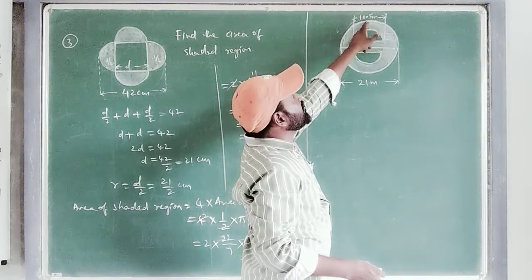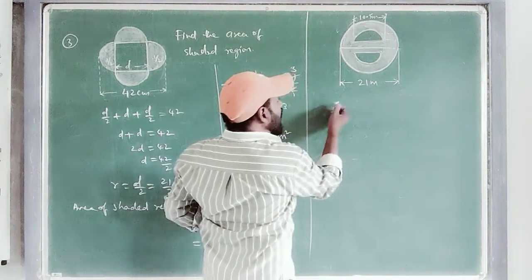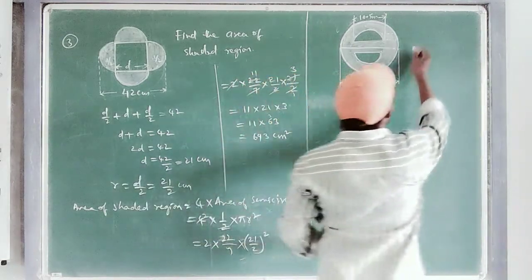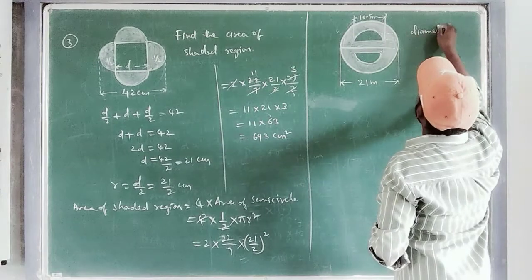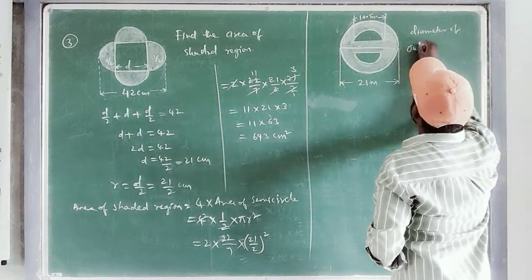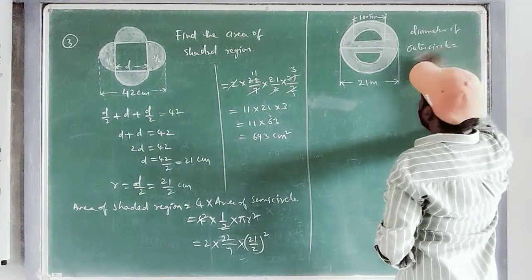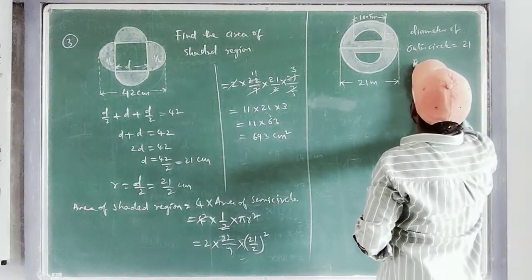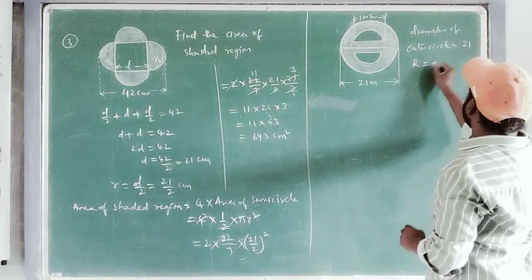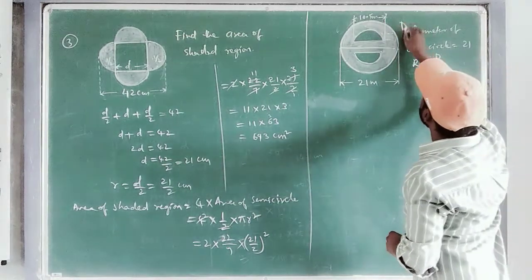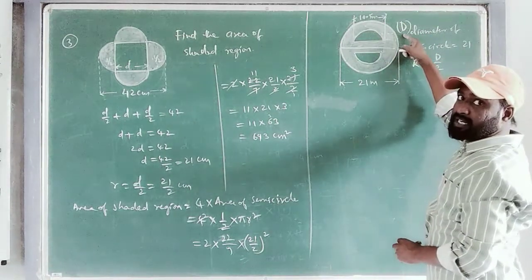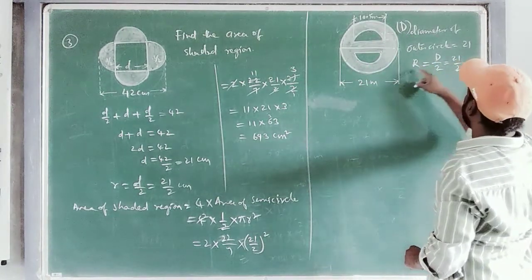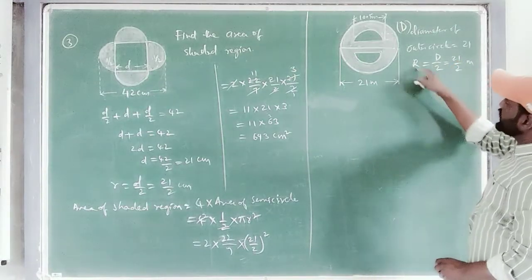Inside circle diameter is 10.5. So radius of the first, diameter of the outer circle, the outside circle, this big one, how much? 21 is given. So radius from this, I am writing capital letter because it is outside. So D by 2, this is the diameter of the outer circle. I am mentioning it with capital letter to understand outer circle. Okay, it is 21 by 2. This is the radius of the outer circle.